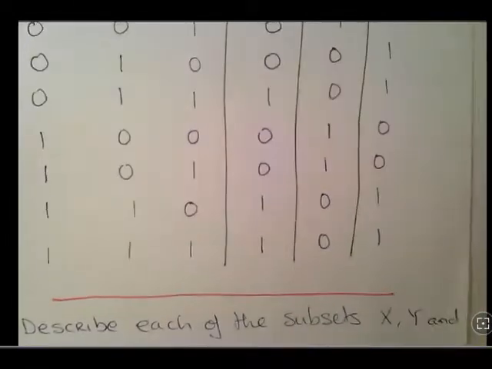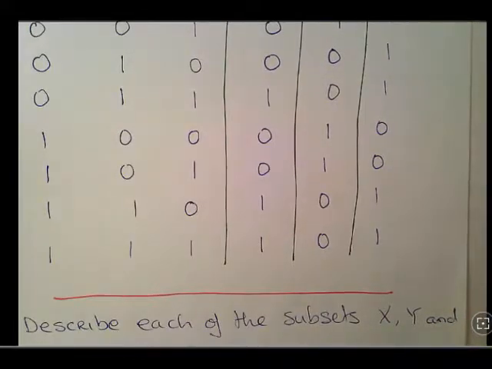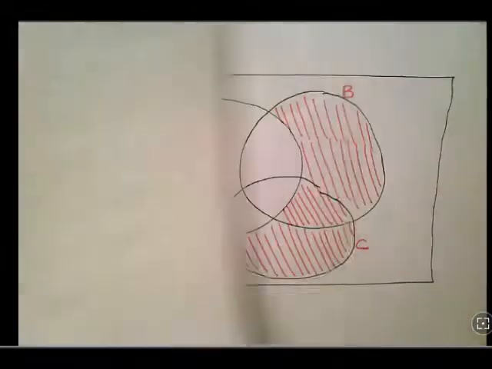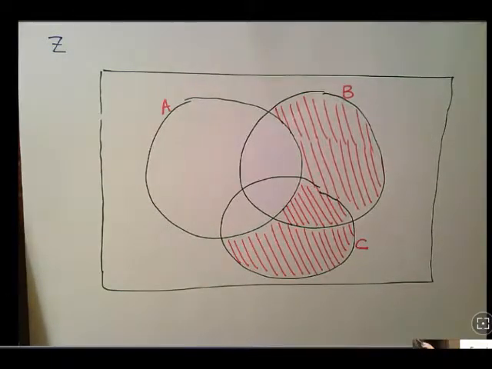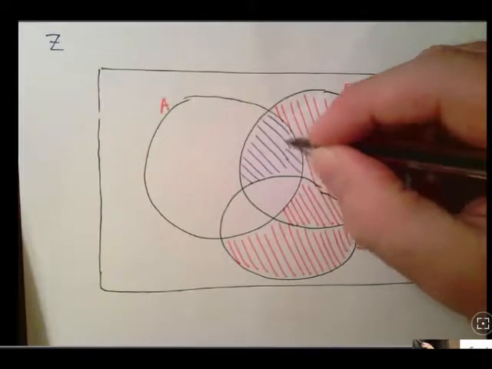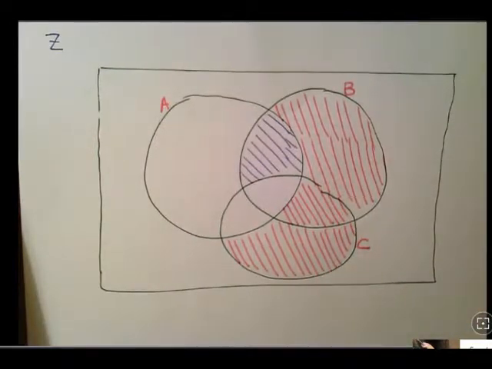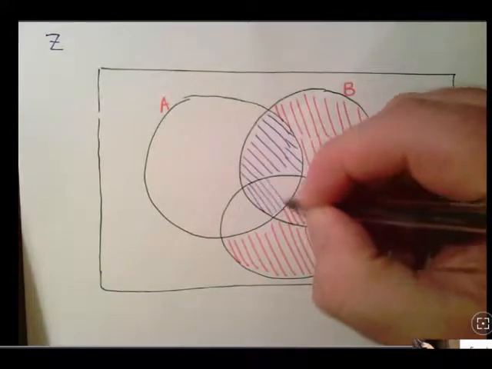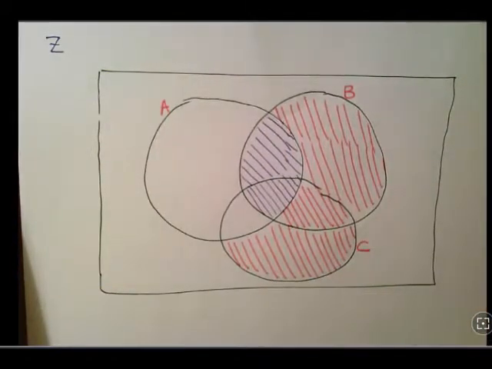So let's look at the last 2. A and B, but not C. 110. A and B, but not C. I'm going to fill that one in here like this. A and B, but not C. And then A and B and C, the intersection of all 3. Okay. So that's it. So essentially what we have here is, well, obviously it's going to be B